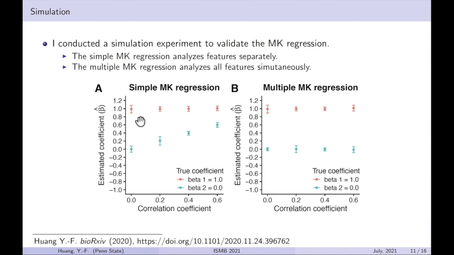And we can see that in the simple MK regression, we could get highly biased estimates of regression coefficients if the correlation between features is very strong. On the other hand, in the multiple MK regression, because we analyze all the features simultaneously, and because MK regression can control for confounding features, we can see that the estimates of the coefficients agree with the true coefficients very well. So this is promising, suggesting that indeed MK regression can potentially infer the direct effects of genomic features on